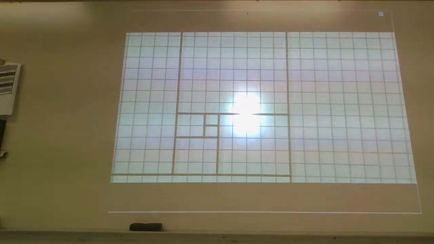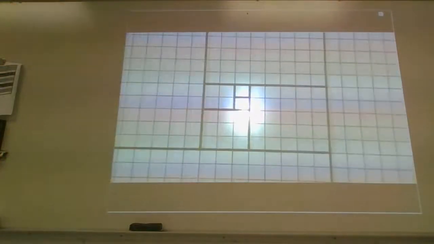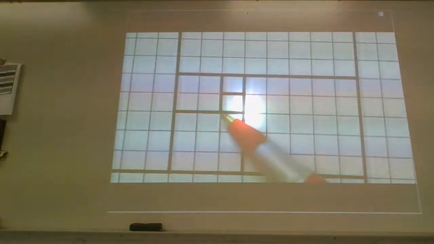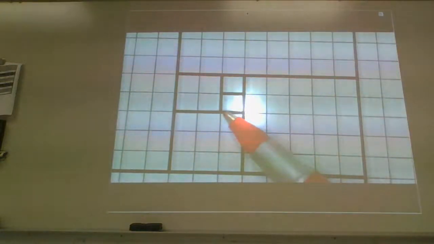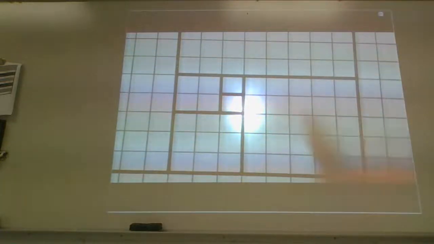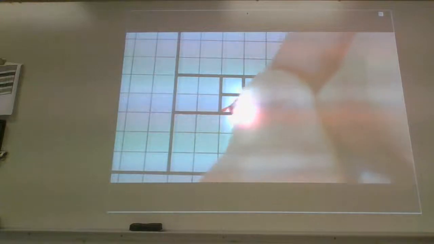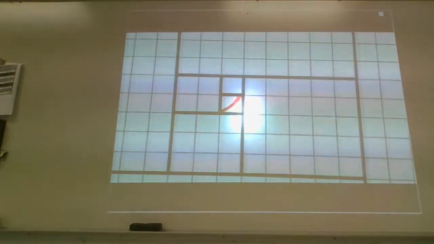So what I'm going to suggest is that you start in this corner right here, where I'm pointing, and I'm going to draw a curved arc. This curved arc is going to go from that one corner up to the top right corner. I tried to make it as curved as possible, but it's going to do this little curvy thing right here. It's going to be a bit more prominent in the larger rectangles. But then I reach the corner of the next square.